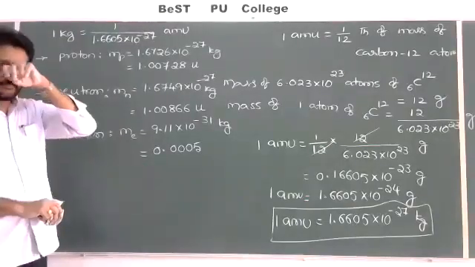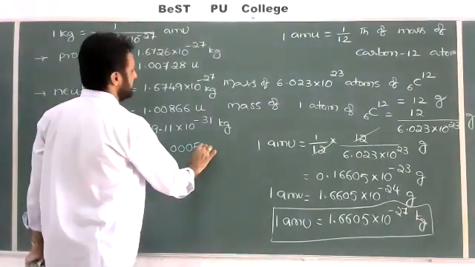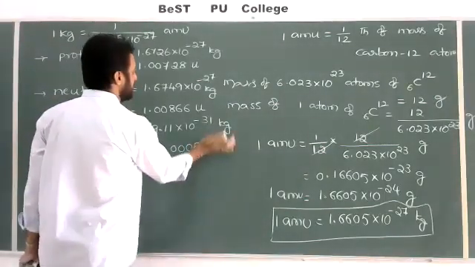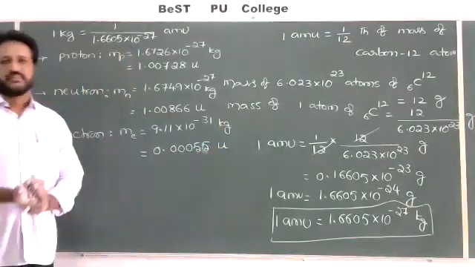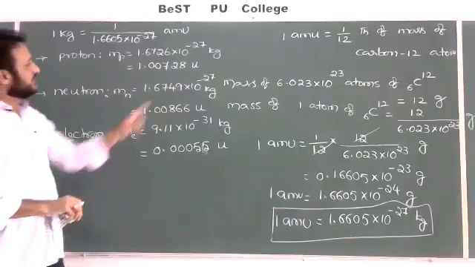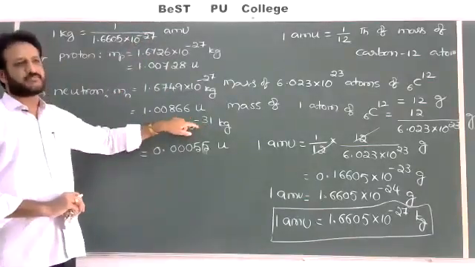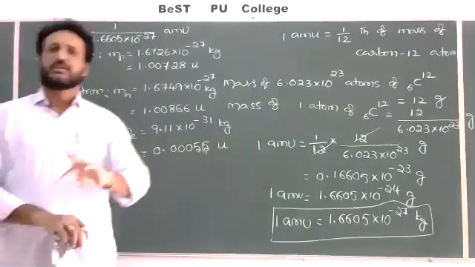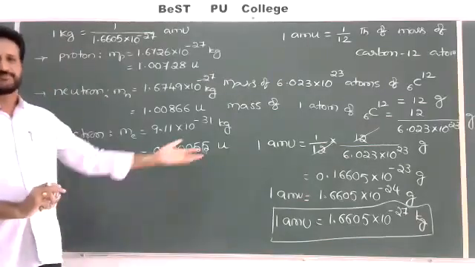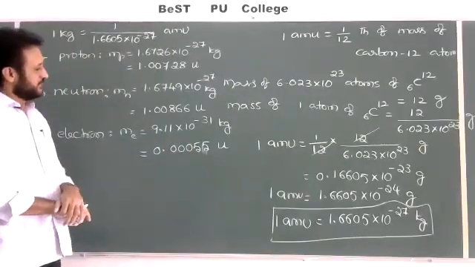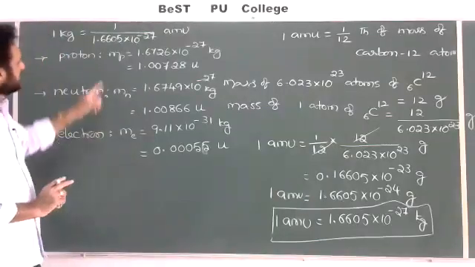0.5486, okay, 486, that is 548, round off to 5 AMU. 5.48 is correct, but here 10^-27 versus 10^-31, there is a difference of minus 4, you have to adjust the digits, then we get 0.00055 or 548.